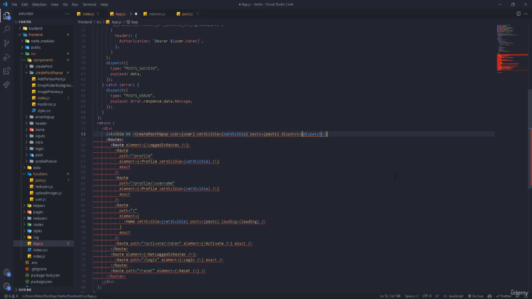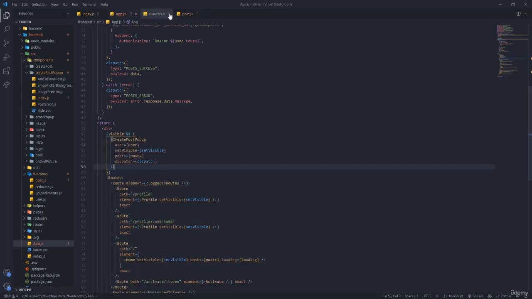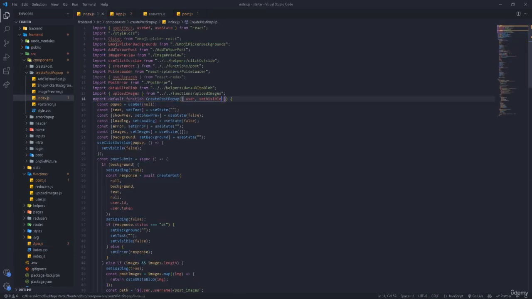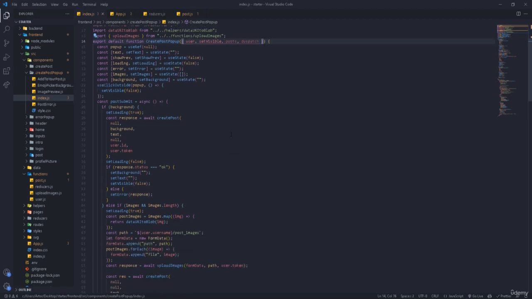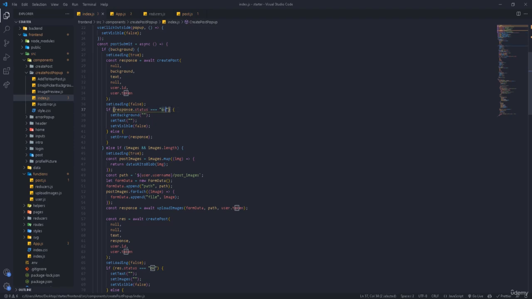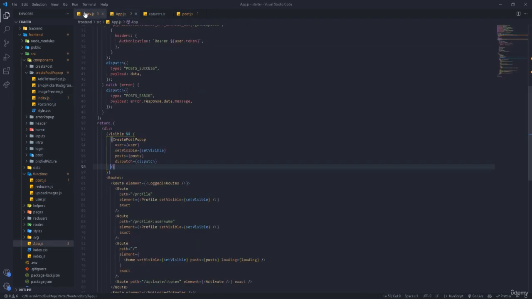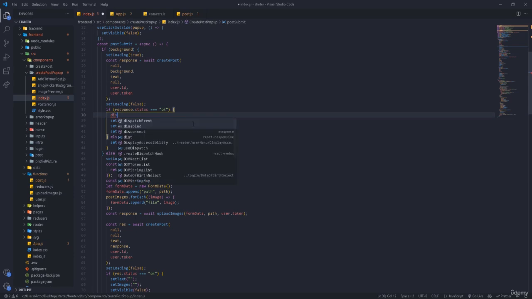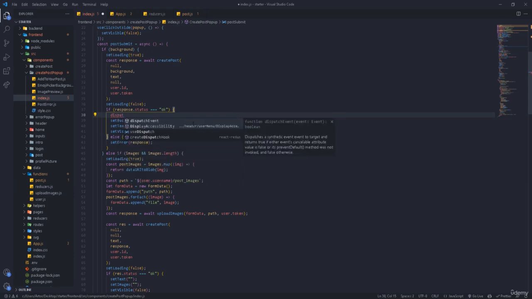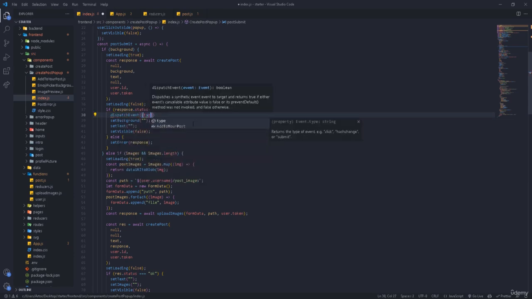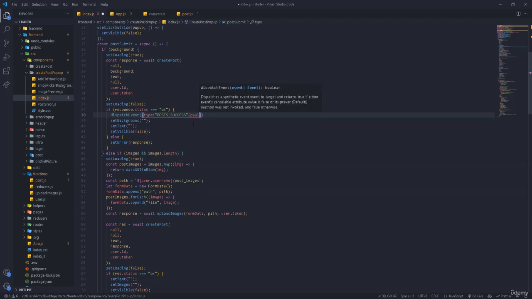So dispatch, like that. Okay, and let me go back right here and then get them. So we're going to get the post and then also dispatch right here whenever everything is all right. So this means everything is okay. You can go there. Okay, let me just take the name of the action of the reducer, which is the post success. Okay, let me go back right here and dispatch. Okay, and the type is going to be that, and the payload that we're going to send is going to be,